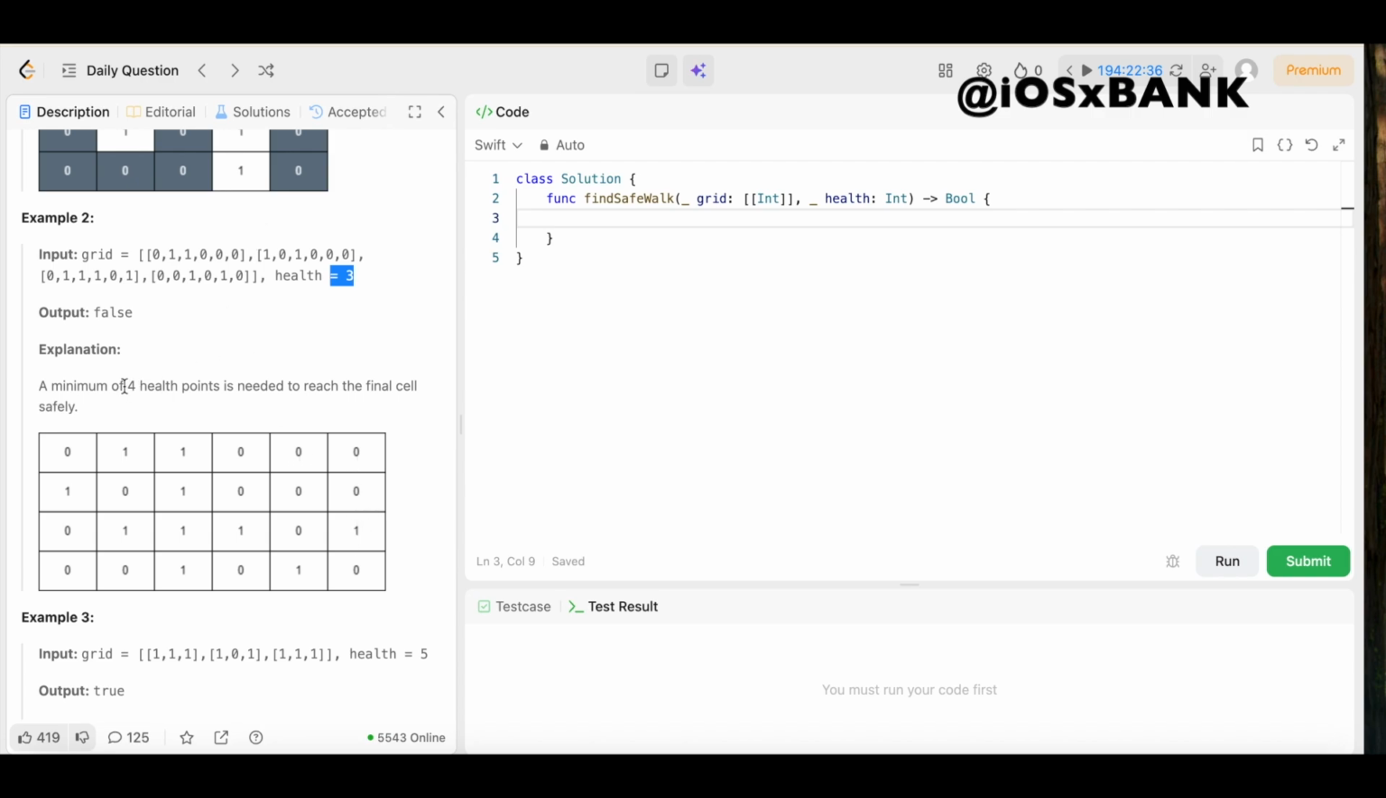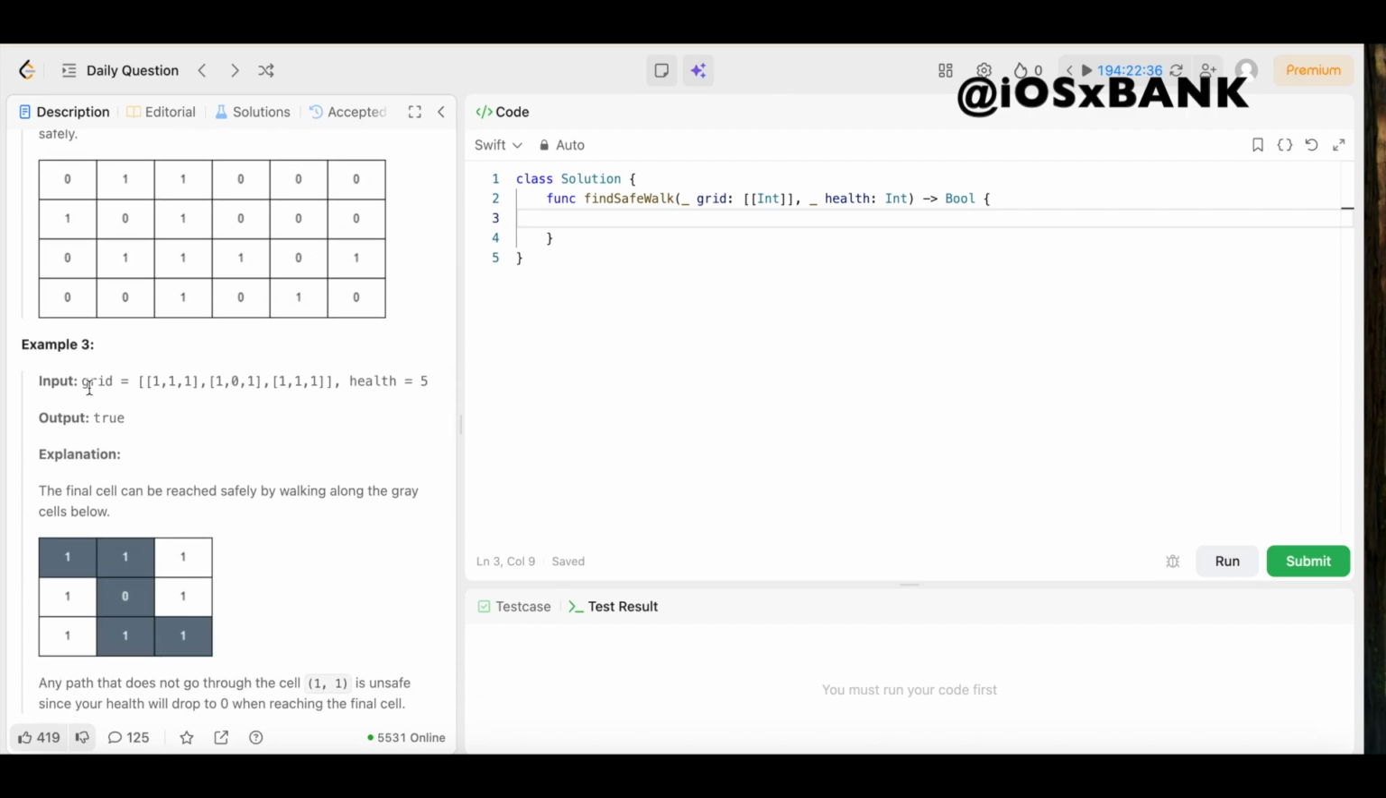So long story short, it's impossible to do it with 3. We would need 4 health points for this array or this grid right here. And finally, for example 3, our input grid equals a 2D array of integers or a binary